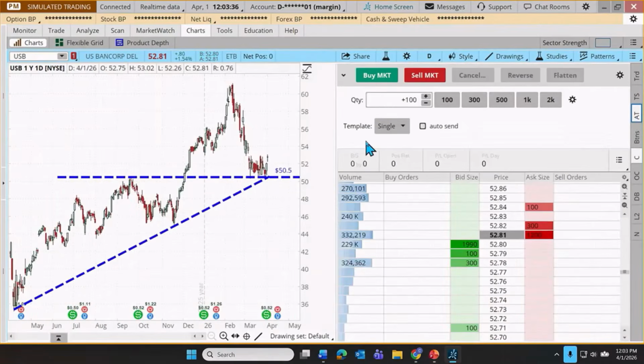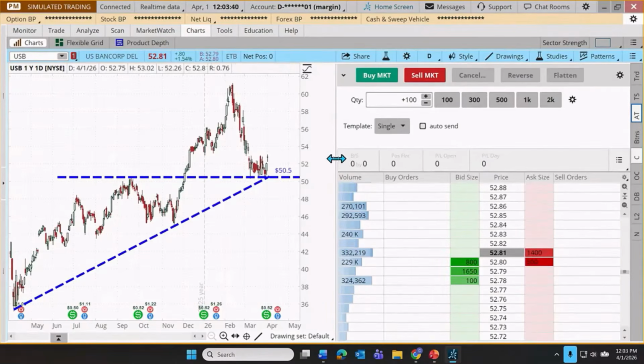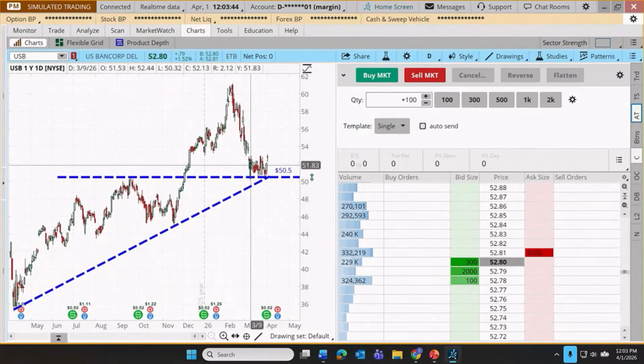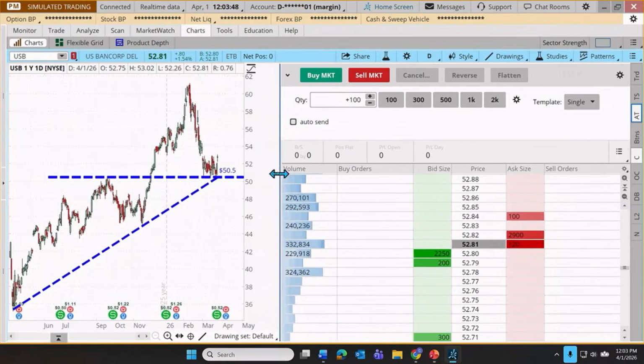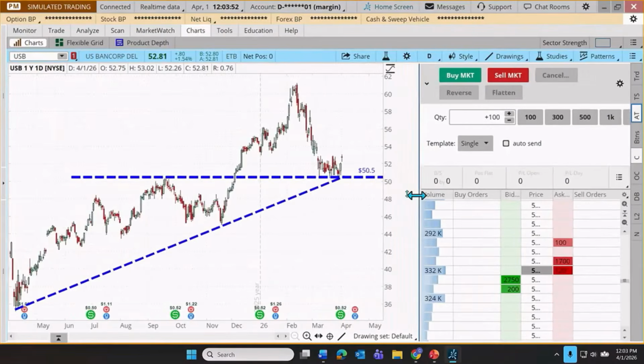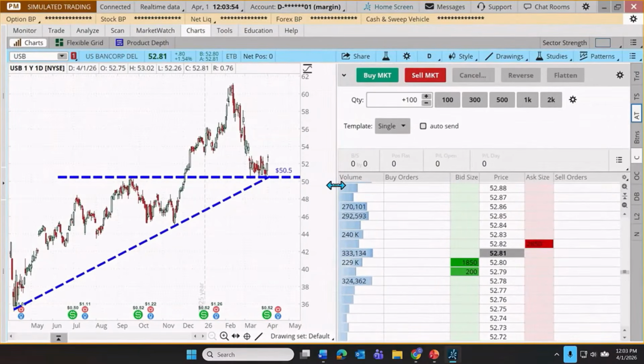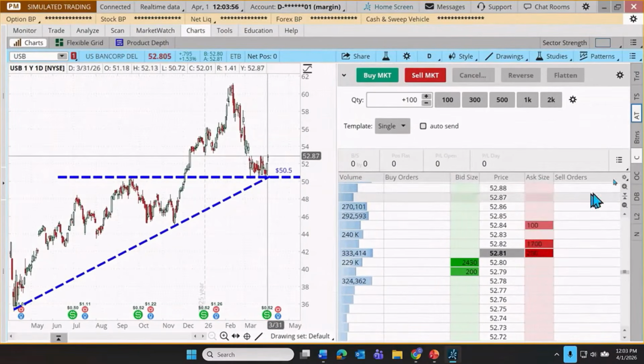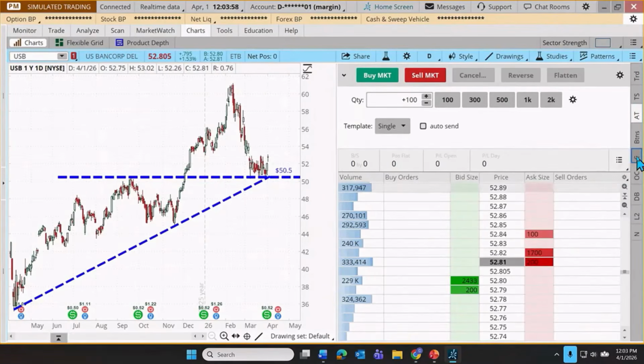Now, it's also customizable as far as its size is concerned. You'll notice when I open that tab, I still have my chart here for quick reference. But if I want more space for the tool and I require less space for the chart, I can click and drag the margin, or vice versa. All right. Now, we can even shut off the chart altogether and just have a full screen view of the tool.